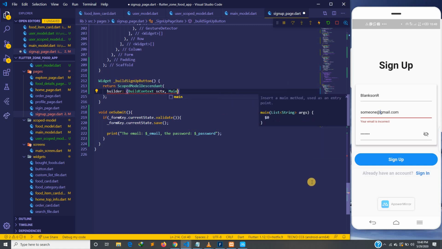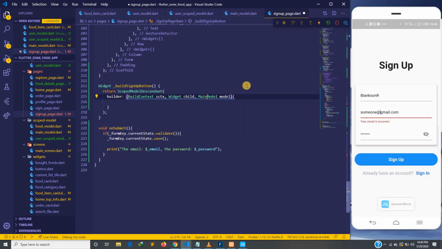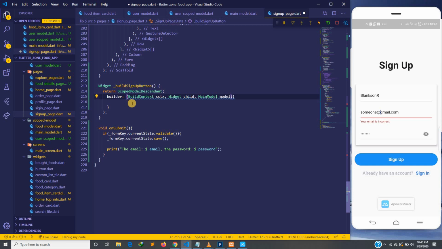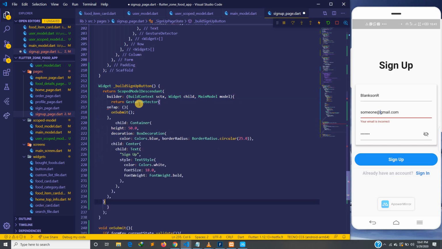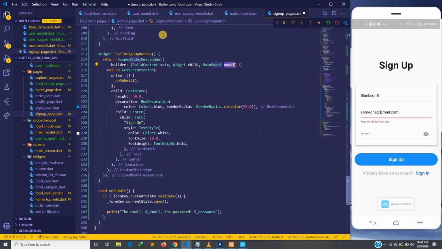And then we can just go ahead, and you always have to do this and use the main model here, and then we create the model here, okay? So let's import this main model here. So you see why we created the mixin, okay? When we use the main model here, we can easily use those methods in other classes like the food model and then the user model, okay? And then now you can return the code that we cut, and then we can do it this way. So now we have access to this model, and then this model can give us access to the authenticate method,